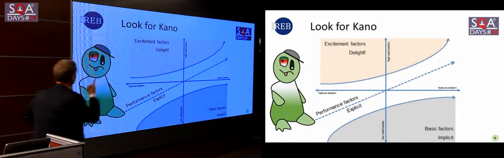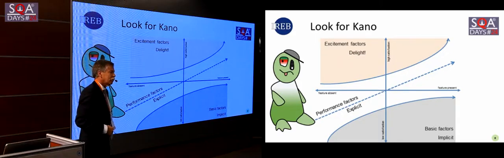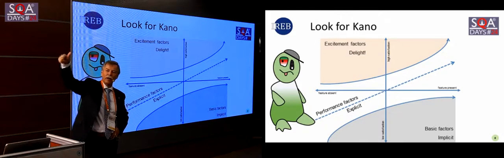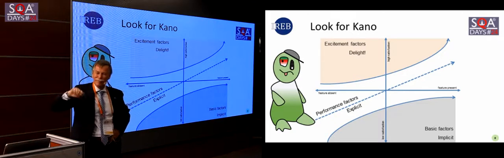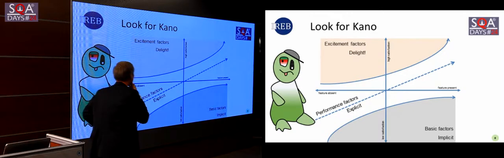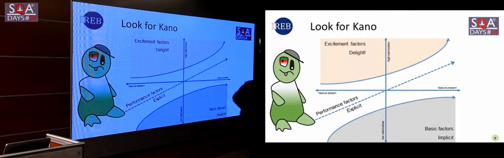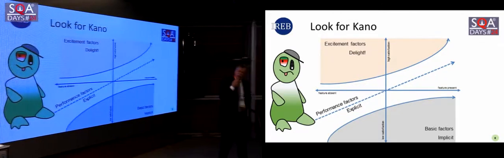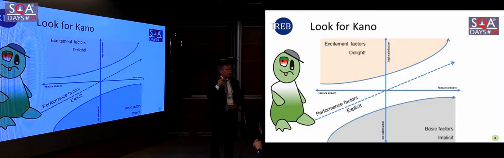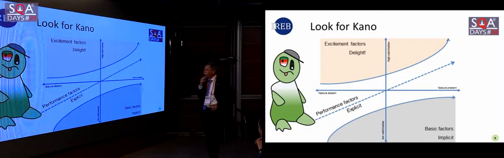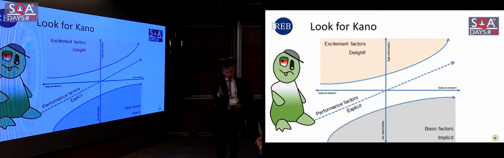And I want to point out, do you know this model? Who knows the model? Carolina, wake up. You know the model. Okay. It's the Kano model. I think we all should know the Kano model. Kano is, I guess, from Japan or something. He's a professor there in marketing. And he says the features of a system determine the satisfaction of the client.